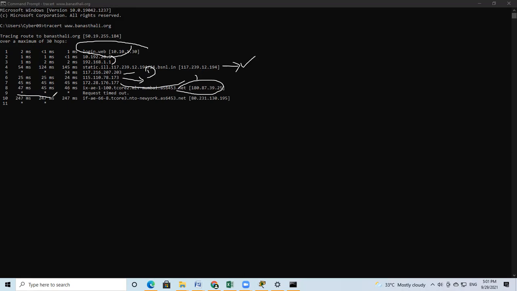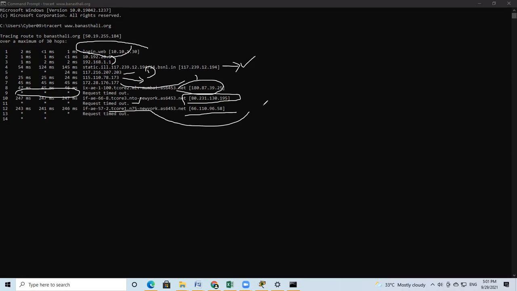Here some security mechanism is available, so some data is not showing. And this goes to the Tune Trace network, 80 dot. I think this is some private organization. Again some 60.60. These are all IP addresses showing from which location, which router to which router they move. T core 1 dot and 50. This is also a BSNL router port. But because of some mechanism, otherwise I would get every location.